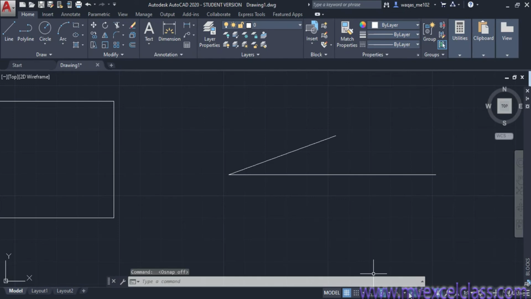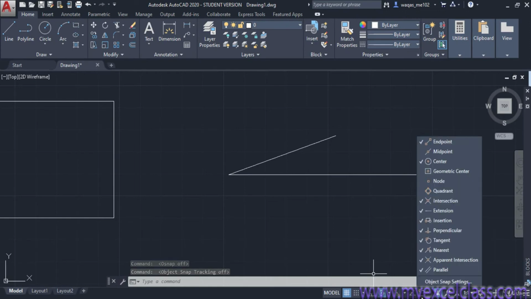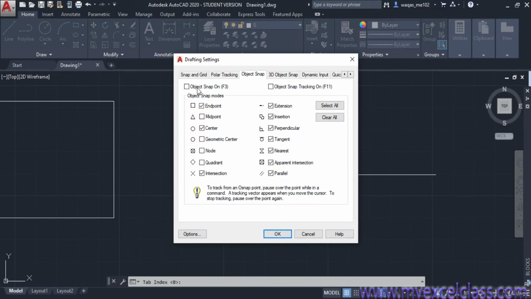Well, suppose this option is off, and what does object snap mean? You can go to the settings, and here are the object snap options. Now I'm discussing the object snap, and this includes different options, just like endpoint, midpoint, center, geometric center.